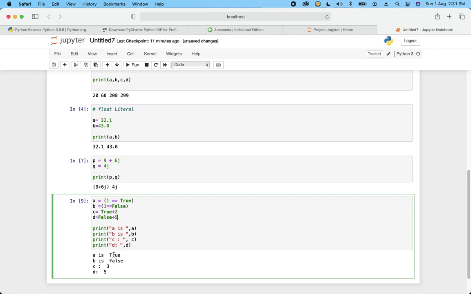That is the reason when we are using true plus 2 it shows me a value of 3, but when I'm using false plus 5, it gives a value of 5. So it's like 0 plus 5 and 1 plus 2. This is the way we are using literals in our